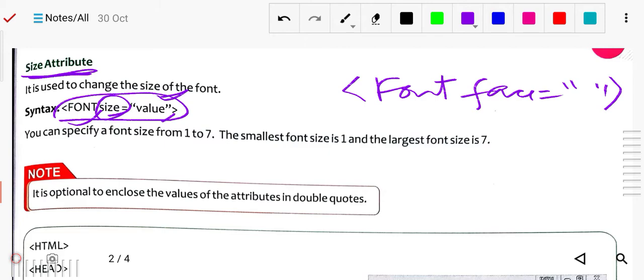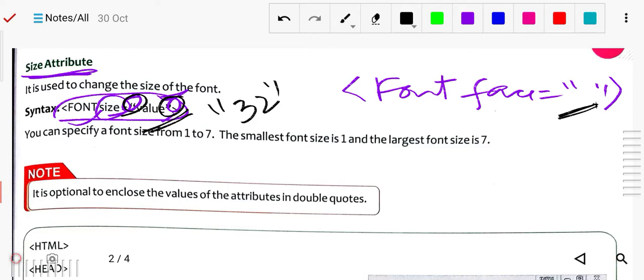It is optional to enclose the value of the attribute in double quotes. So here this double quotation is optional, like 32 you have written. If you want to close it with quotes, okay, otherwise no, it's okay. You can specify font size from 1 to 7.